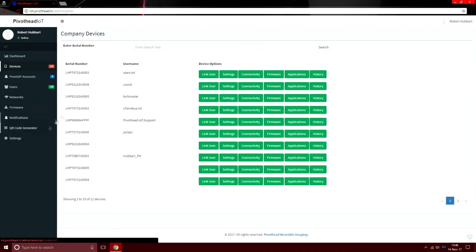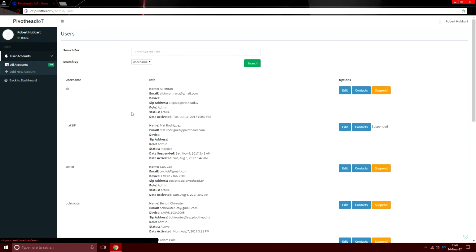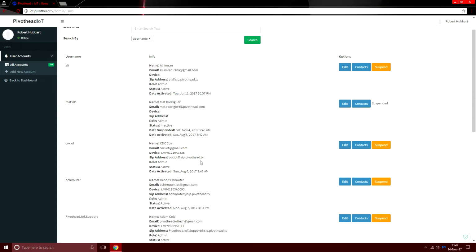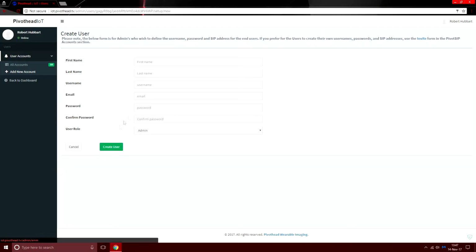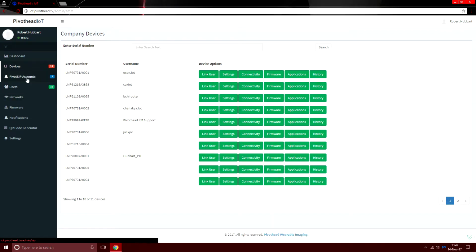So the next thing I want to show you is users. So we can get all the information about the users that we've set up. If we want to create a new user, we can create it right here with first name, last name, username, email, and password. Now this is if you want to dictate what the person's password and username will be. If you don't want to dictate what that is and put that onus on the user, you simply go